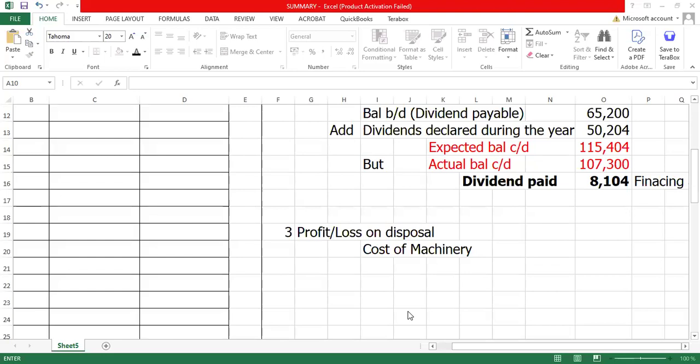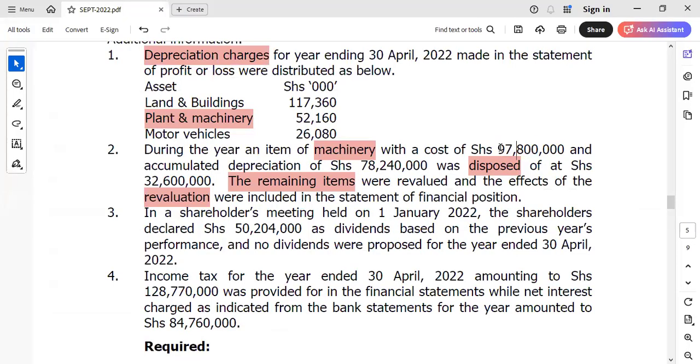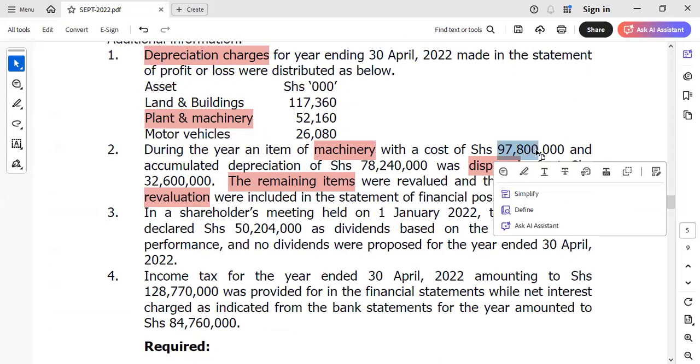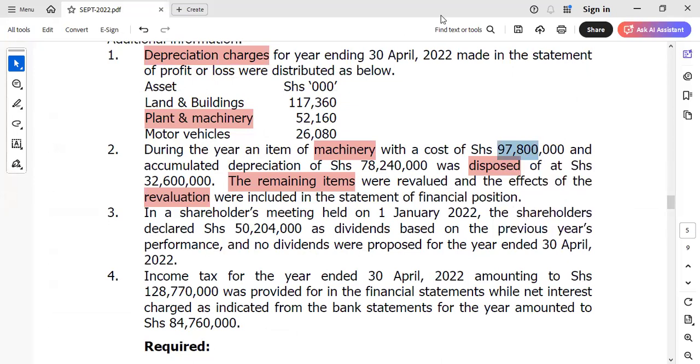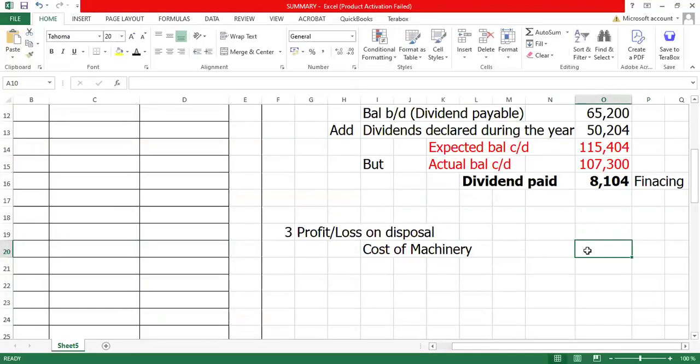Okay, what was the cost of machinery from this question? Because it's the machinery that was disposed of. The cost is 97,800. That is the first. Okay, but they are telling us that the accumulated